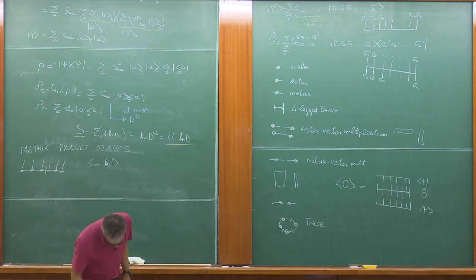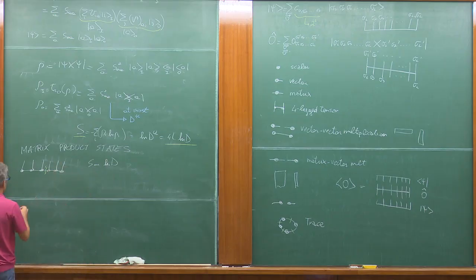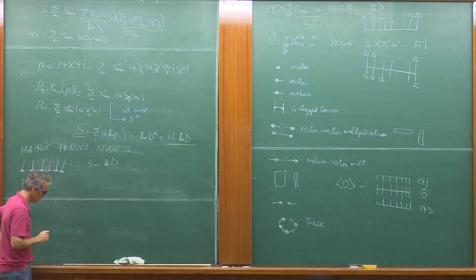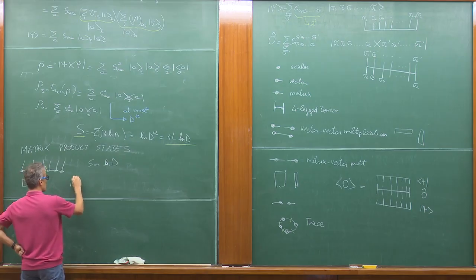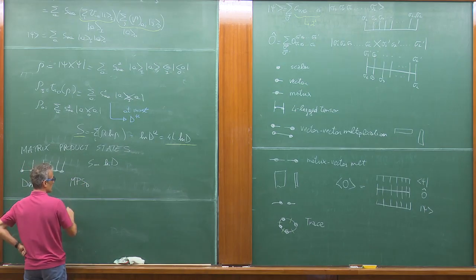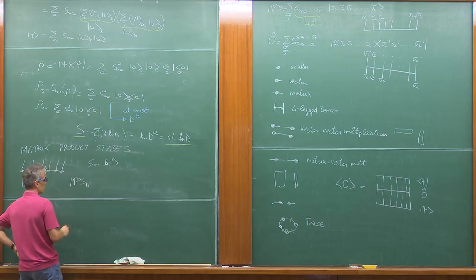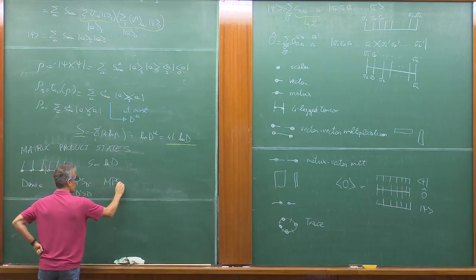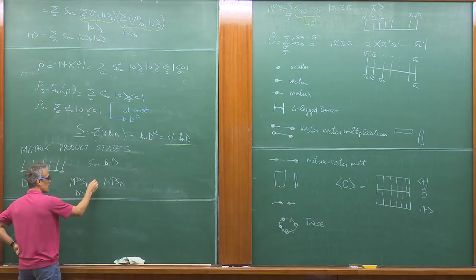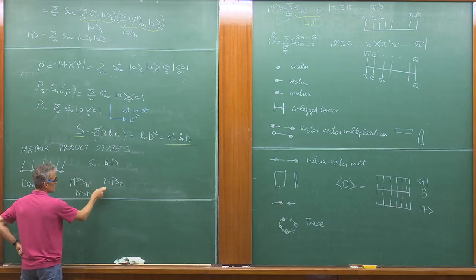The other properties you can think of, of course, you can build. You can choose to have some periodicity and so on. But what is important, I think, is that they are dense. What does it mean that they are dense? It means that if you take an MPS with bond dimension D prime, where D prime is larger than D, and you compare it with an MPS with bond dimension D, these ones can include all of these ones.